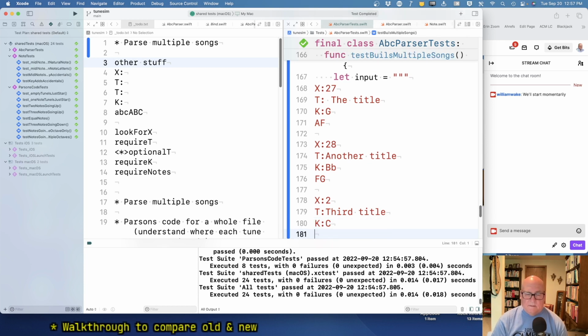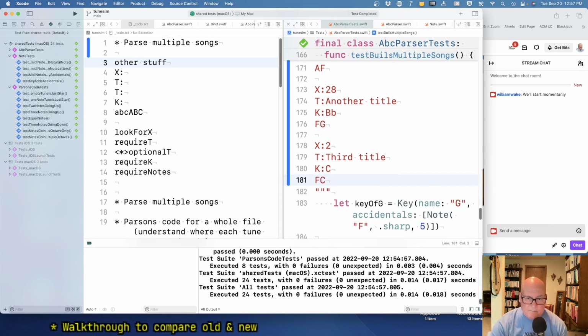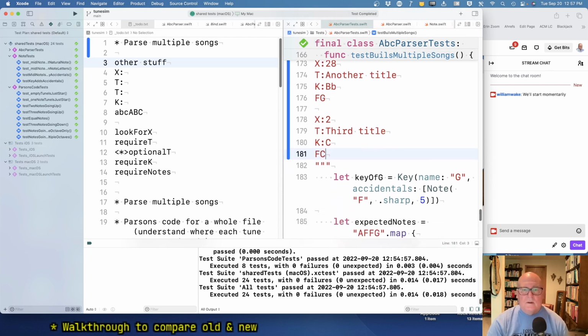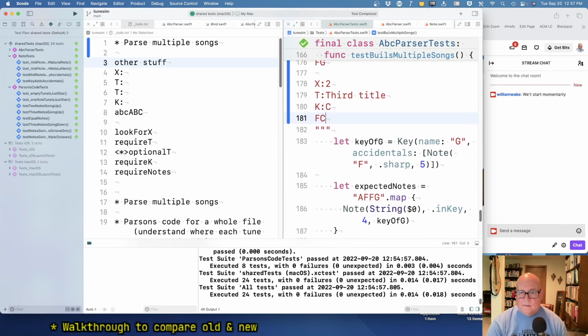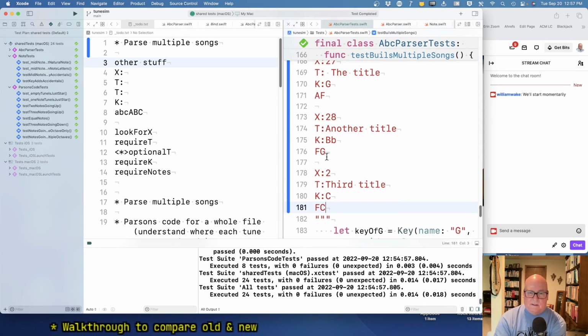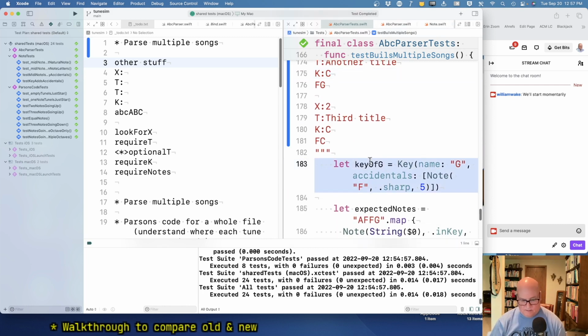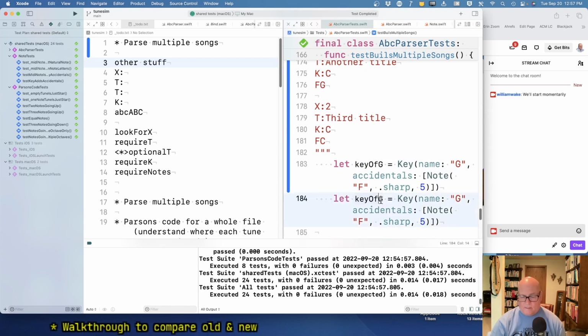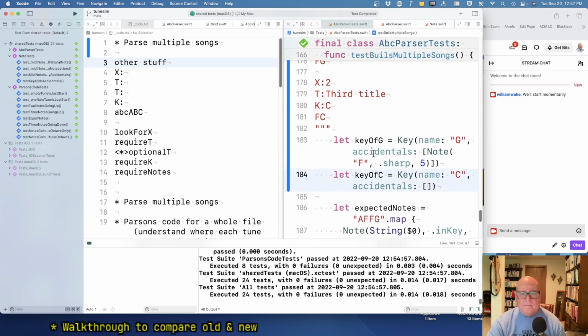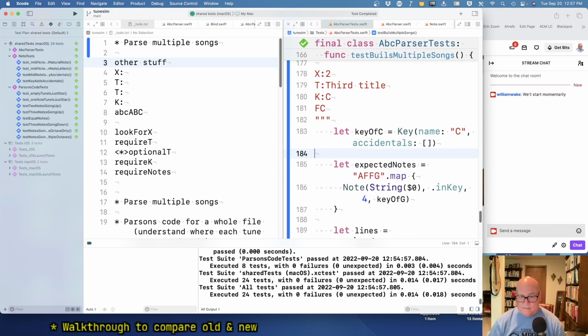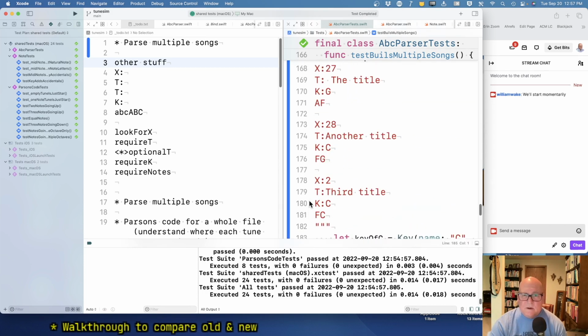Key of C. And F, C. Okay. Oh, man. I'm making myself pay with this, aren't I? Let's make this key of C as well. Okay, so I can do this. C is C with no notes. And I don't know, normally you would list C first. Okay. And the expected notes, well, we have A, F,